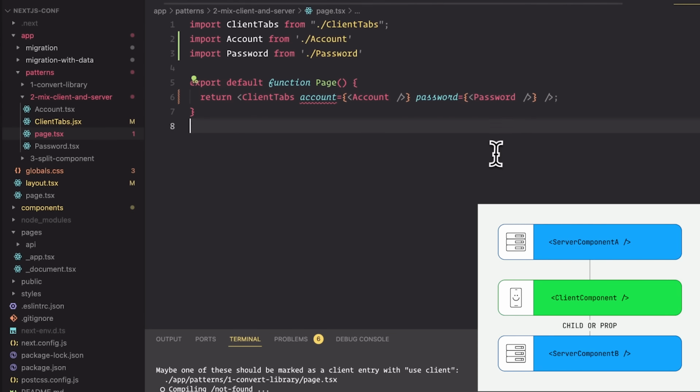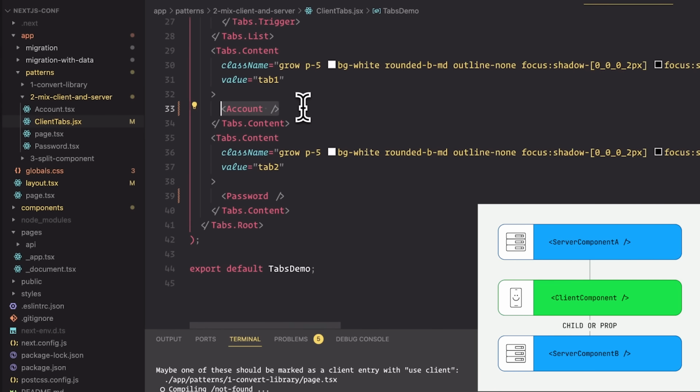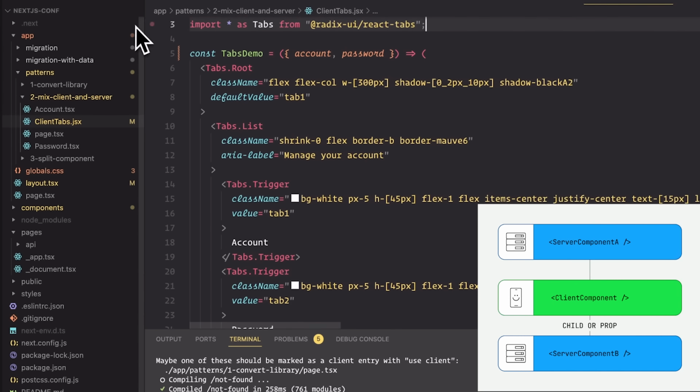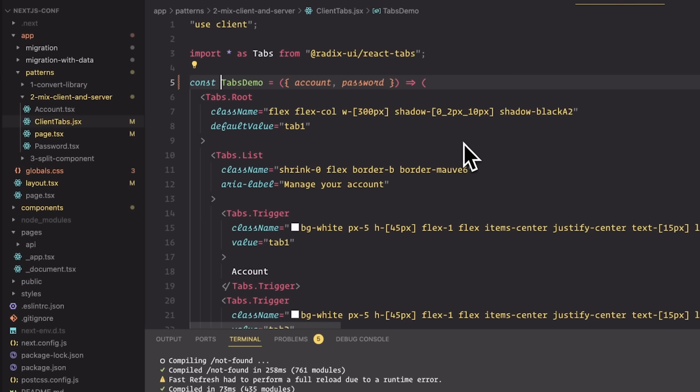Because it's imported in a server context instead of a client context, it stays on the server. Put another way, it's owned by another server component. You'll sometimes hear this called the ownership tree. If it's helpful, you can think of it this way. Use client is telling your bundler that this is the client-server boundary. If that's not helpful, well, ignore the last sentence.